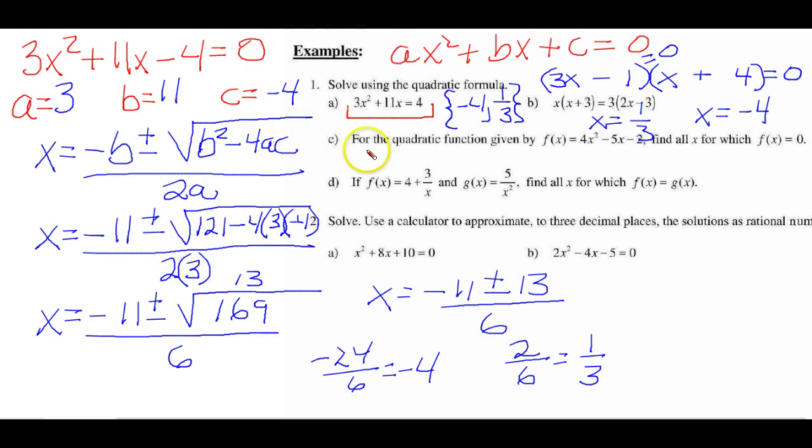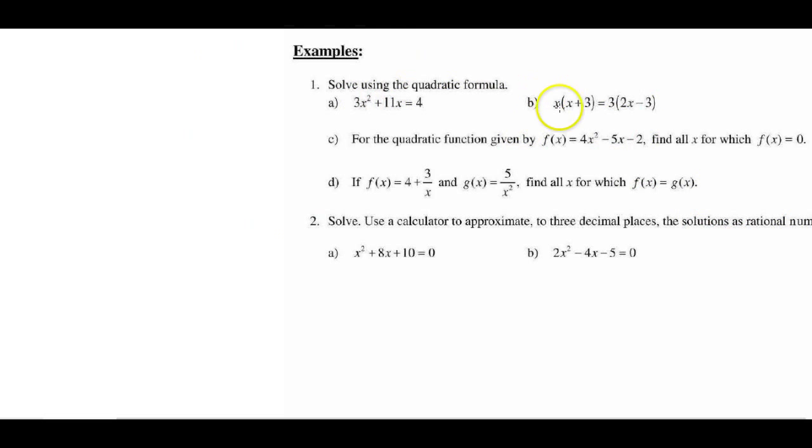Now, for something like this, completing the square wouldn't be a good way to go, because you'd have to divide everything by 3, take half of this, and lots of fractions. So the quadratic formula would be the way to go. And of course, this is what they're asking you to do. Okay, as we look at example